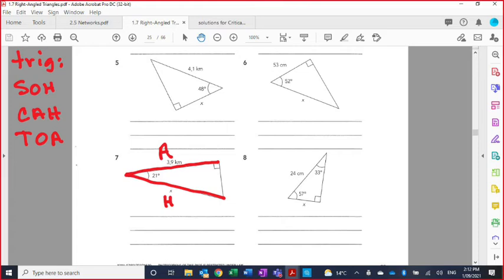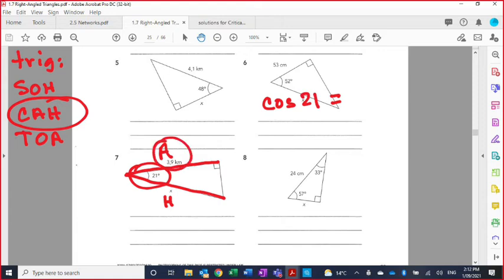So I have an A and an H. So is that SOH, CAH, or TOA? CAH, there you go, which is cosine. So the cosine of my angle, 21, is equal to adjacent over hypotenuse. So my adjacent side is this one, 3.9. Ooh, we didn't put units on that last answer too. We need to make sure you put units on the answer. Over x,